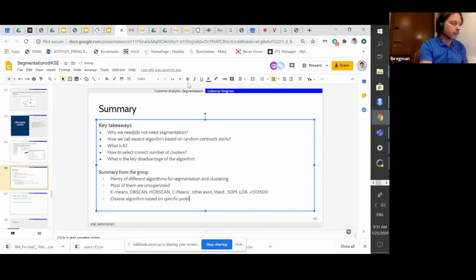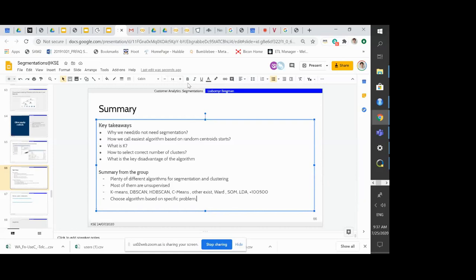And there are no universal algorithms which will automatically answer all of your questions. So there is no magic button where you click one button and you get all answers. That's for sure.